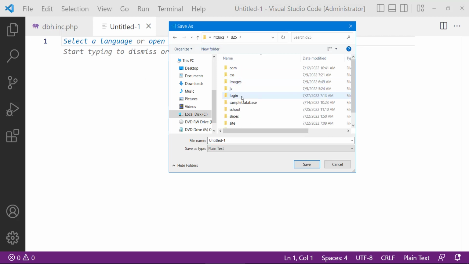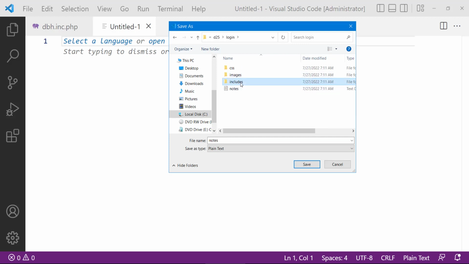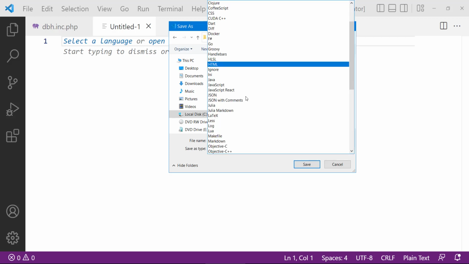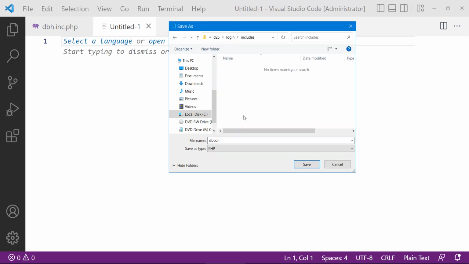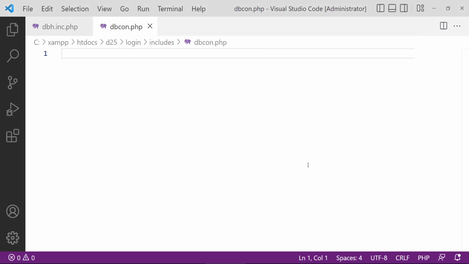Go to D25, login, includes. Then we say con. We then put a .php, click on save, and now we want to put our connection